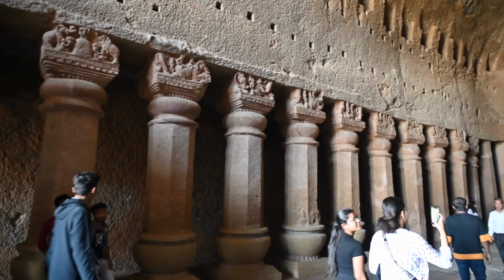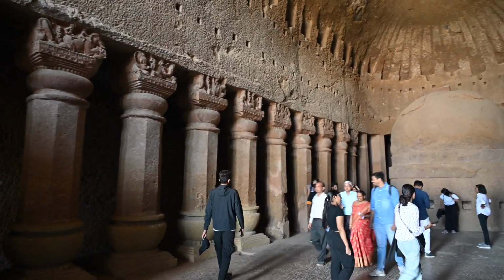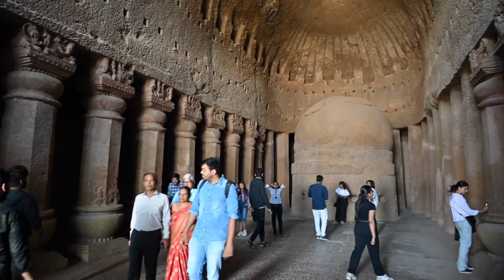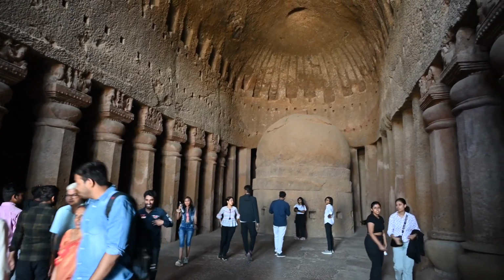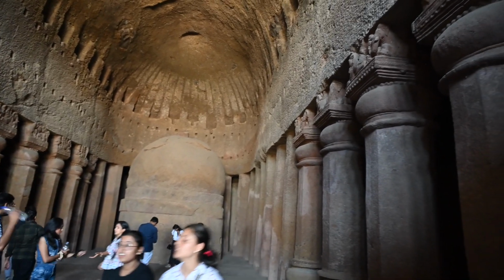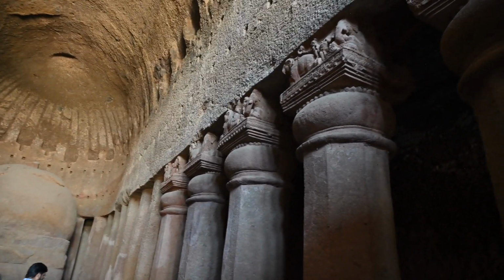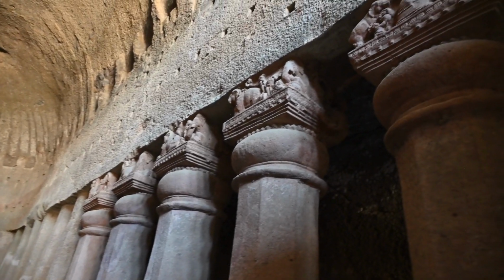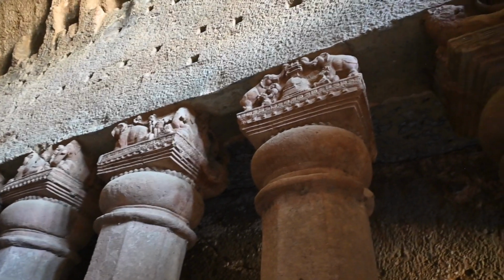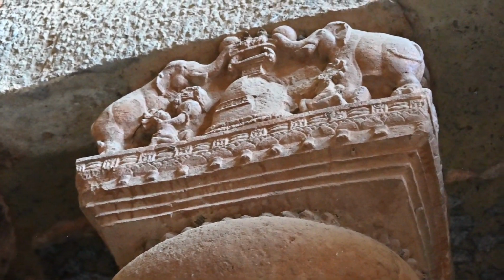In this place you are seeing the light. Everywhere, in other parts also, you can see the tigers. The two colorful paintings, one is purple. Also, as I said, the rock-cut architecture came later, but before that we have a golden